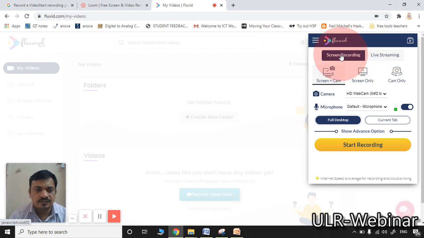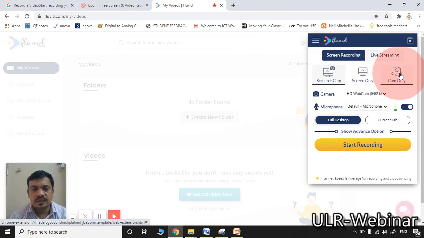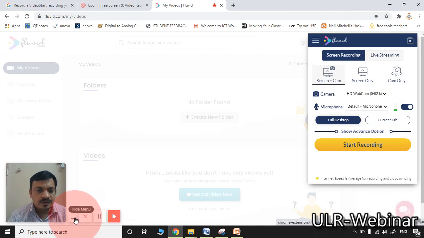Screen recording, let us see first. Screen plus webcam, only screen, only webcam. Here also three different options are there. Very good. Full desktop view or current tab. That also you may choose as per your requirement. Please observe. Similar to the Loom, below this particular browser, cross mark to cancel the recording, pause to pause the recording at any time, and to start the recording. Here also shortcuts are there, wherever my cursor is moving.